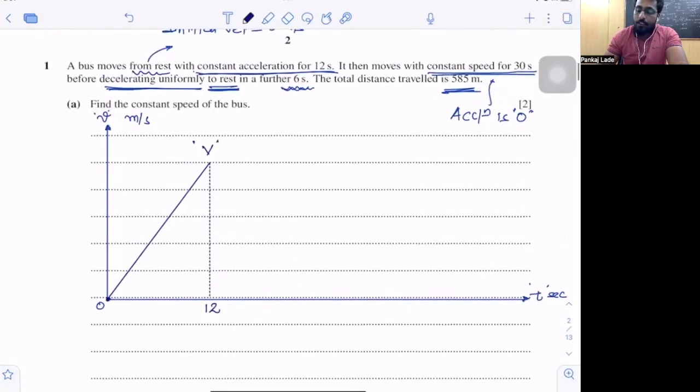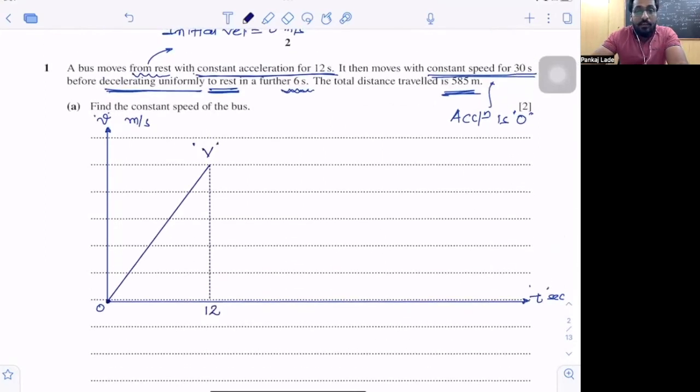After this, what has happened? For the next 30 seconds, the body is moving at a constant speed. So whatever speed you have achieved at the end of 12 seconds, the body will keep on moving with the exact same velocity, exact same speed for the next 30 seconds. So that's 12 plus 30. It's going to be 42 seconds. So for the next 30 seconds, velocity is going to be constant, and it is going to be again v